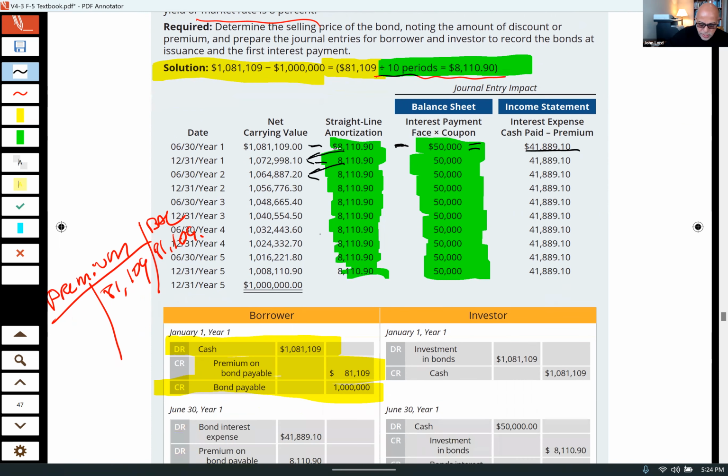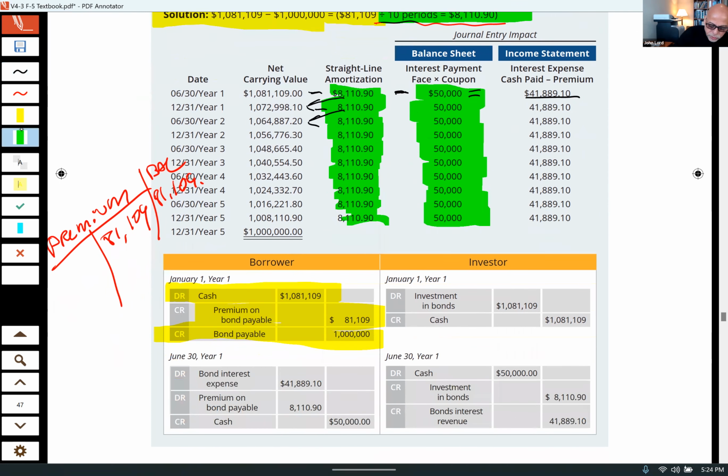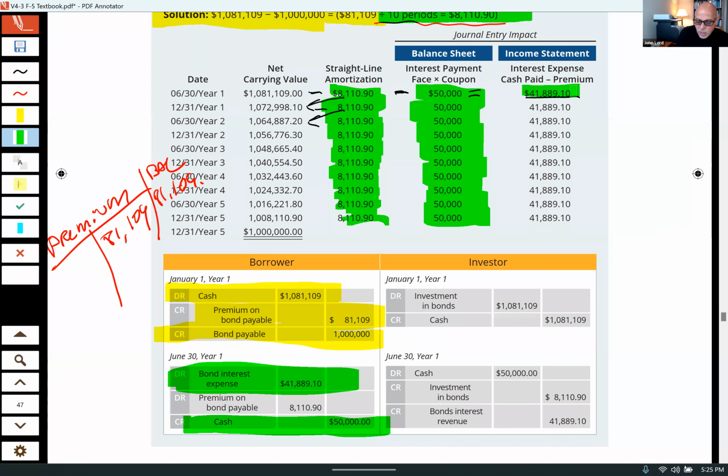Now, when you look at the journal entry down here, we are going to, of course, credit the cash for the full 50. We only debit the interest expense for the cash interest minus the premium amortization. What we calculate is our interest expense. We need a debit to make this journal entry balance. We debit the premium, so we debit the premium for this 8,110.90. Okay, and when we do, now the amount of the premium is this 72,